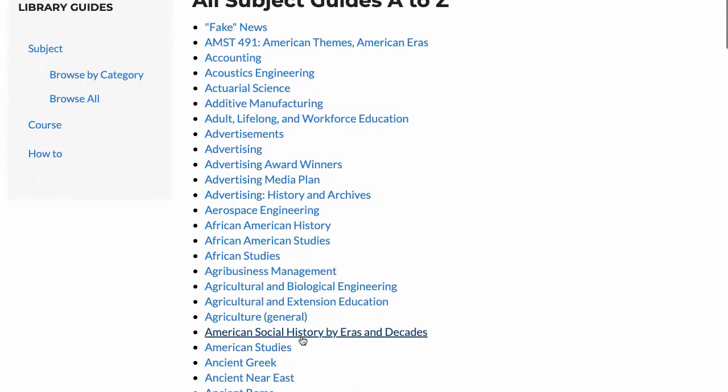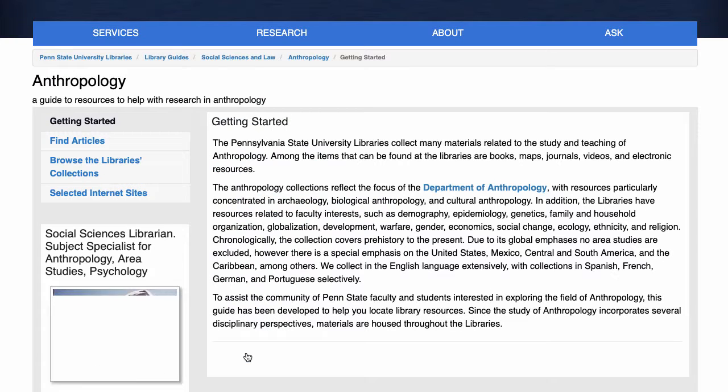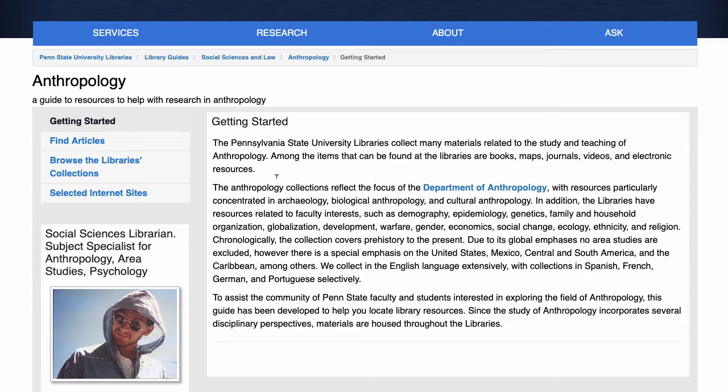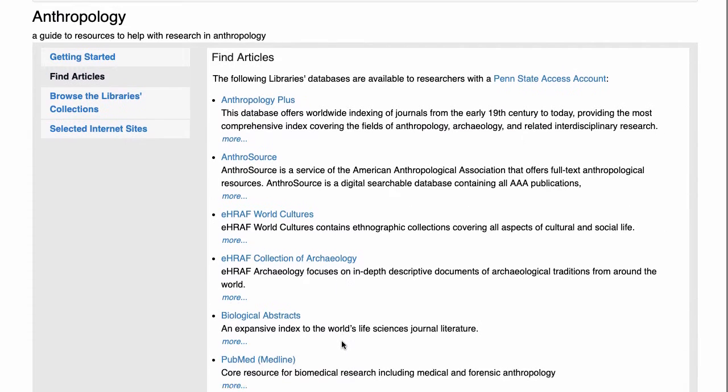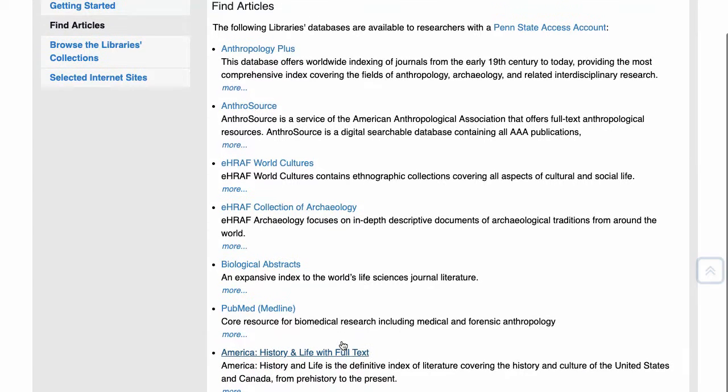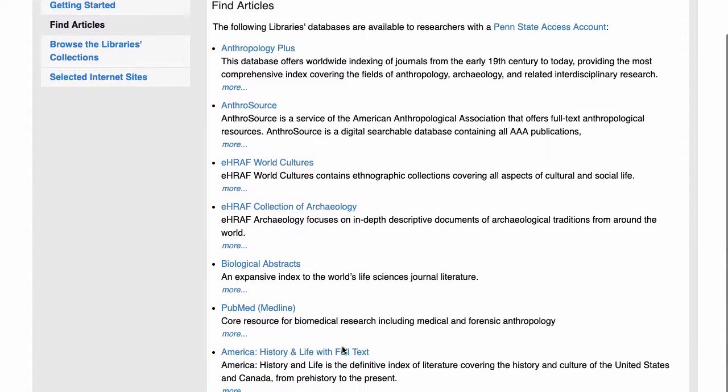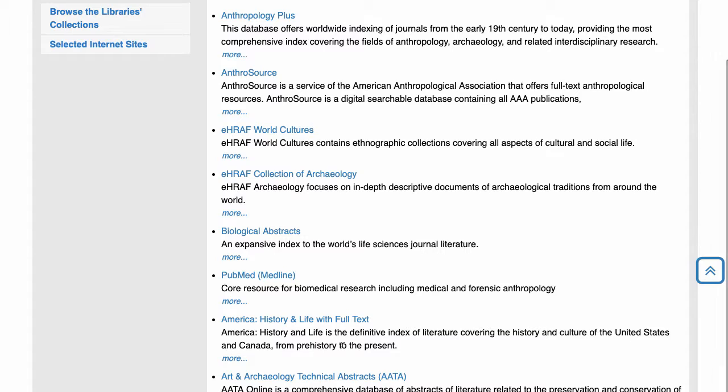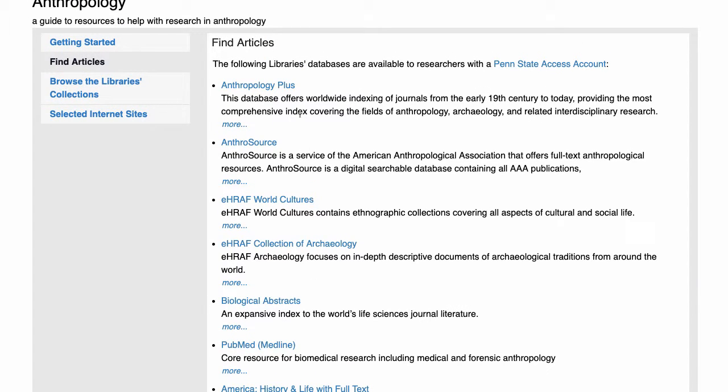And if we go to anthropology here, there's a little description of what the guide is like, and then if you click on Find Articles, we have a wide variety of anthropology databases that you can search. They are almost always organized with the most relevant databases listed at the top. So if you wanted to click on Anthropology Plus,